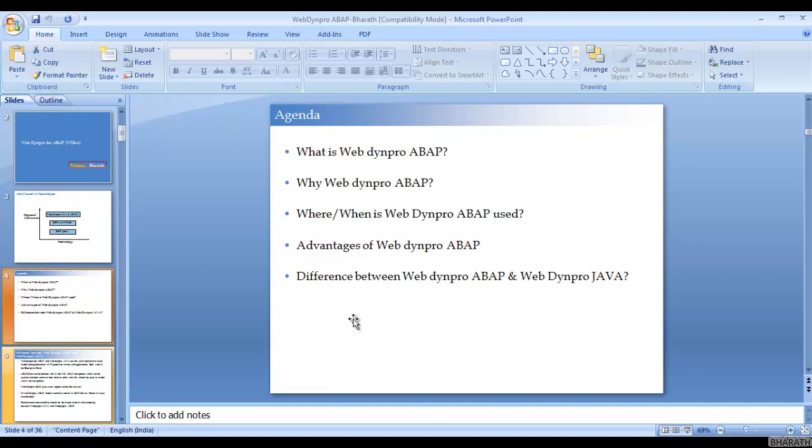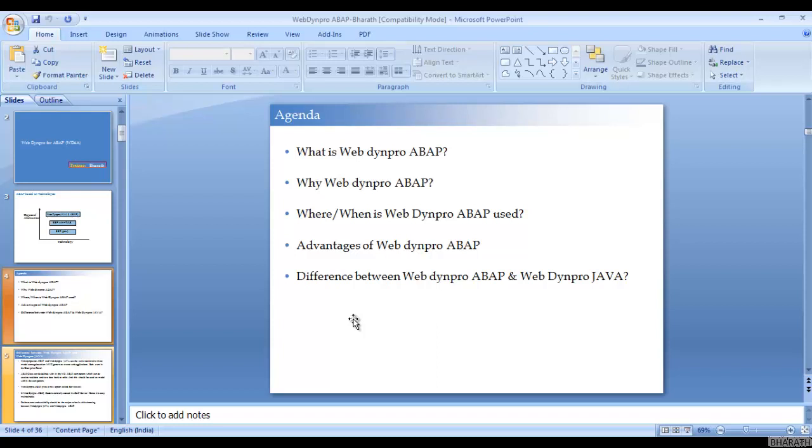To develop WebDynpro Java components or deploy WebDynpro Java applications, we need NWDS, NetWeaver Developer Studio. The first difference is that WebDynpro ABAP lies under the ABAP stack, while WebDynpro Java is based on the Java environment.